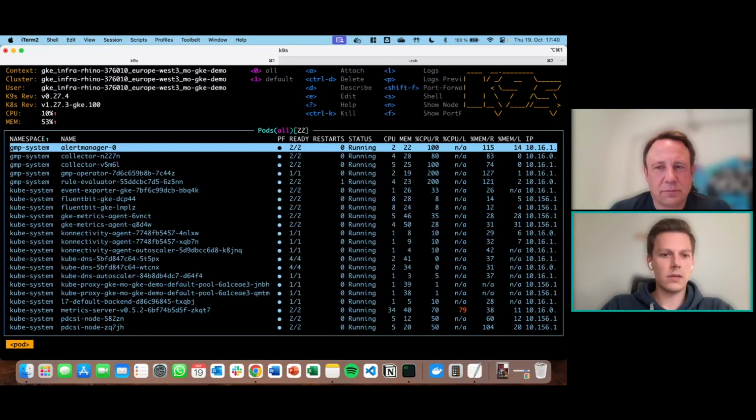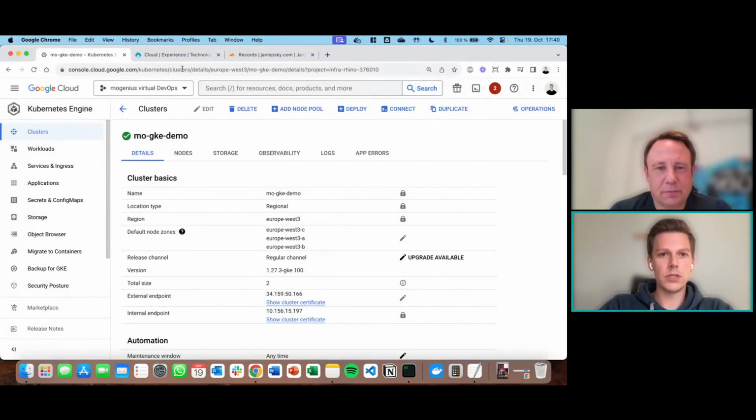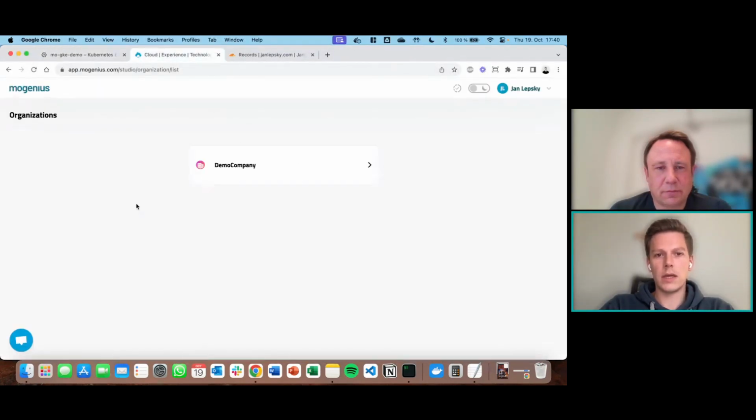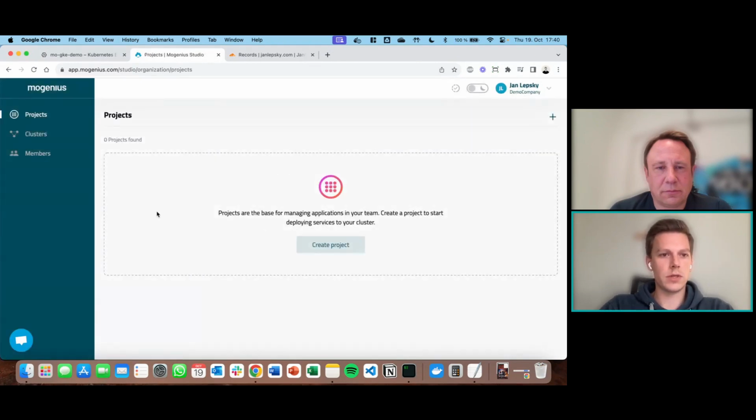And next thing we're going to do is install Mogenius on this cluster and connect the Mogenius platform with this cluster. So I'm going to switch to the Mogenius platform. I have an account already, and I have an organization. So we have a tenant system here where we can create multiple organizations. And this is our empty organization, which we want to fill with projects and then offer this to our team.